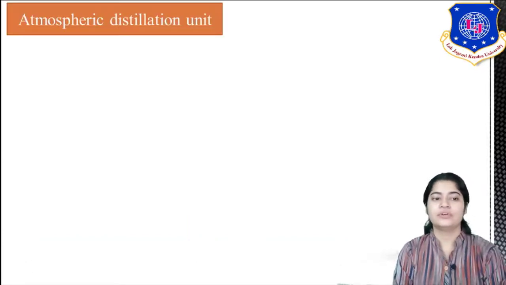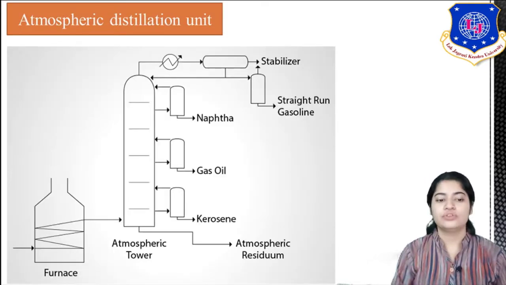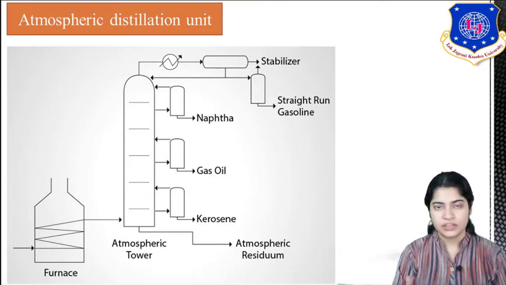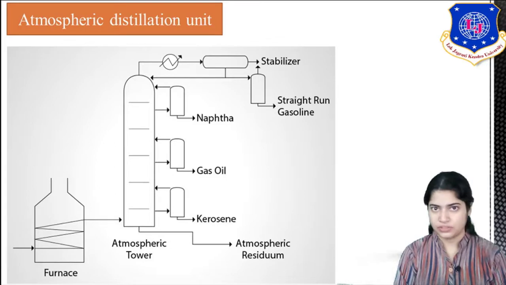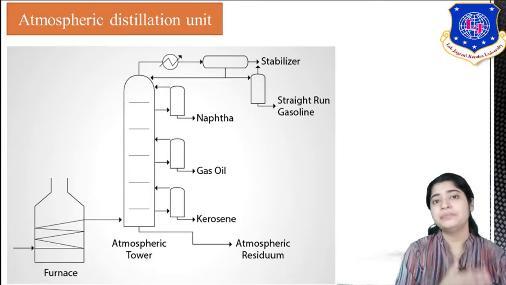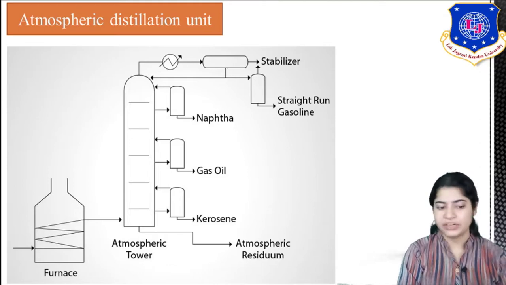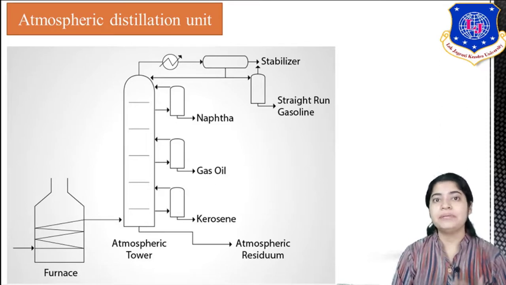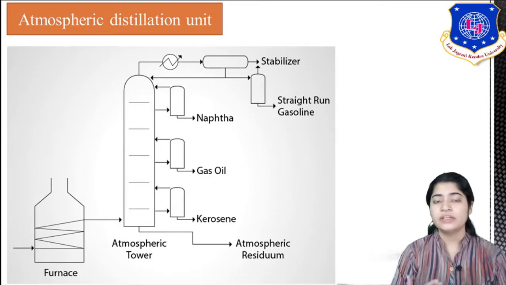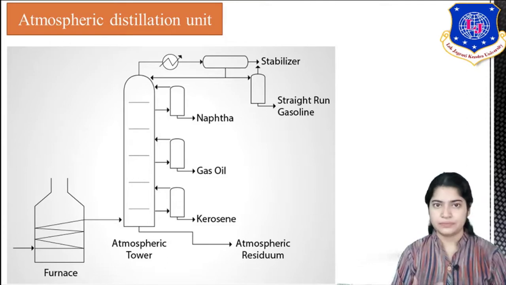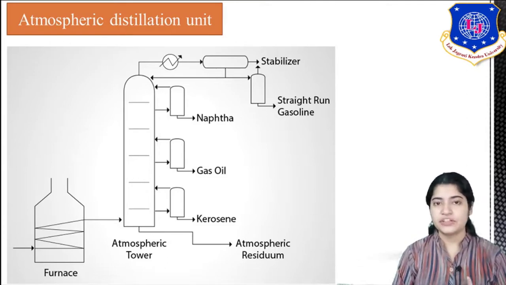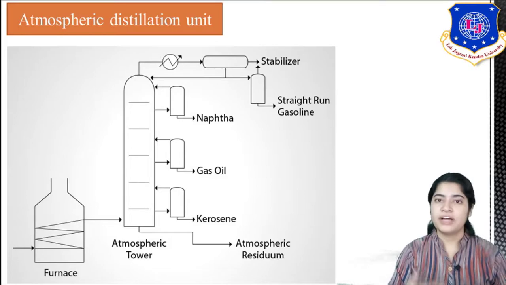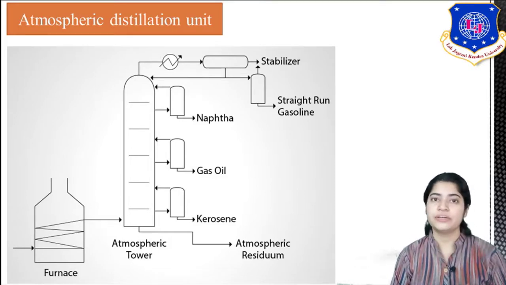So continuing now, what is the atmospheric distillation unit? In gist, you can give the atmospheric distillation unit as the following combination of units. Your crude, after pre-treatment, after desalting and dehydrating treatment, is first of all sent to the furnace. The role of the furnace is to preheat, such that the crude is partially vaporized. The reason for adding the furnace is to decrease the load on the main distillation column. Now your partially vaporized feed is introduced into the atmospheric tower.